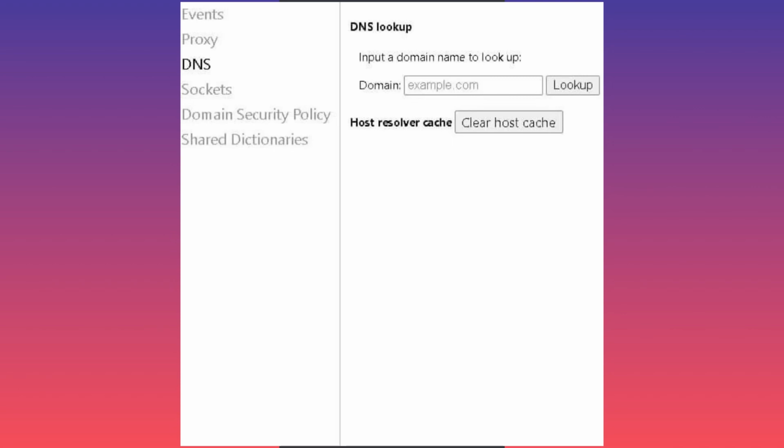So inside you can look for particular domain, or you can simply go down and host resolver cache and simply click on the clear host cache. This is how you're going to clear any data that was previously stored based on your search queries inside the